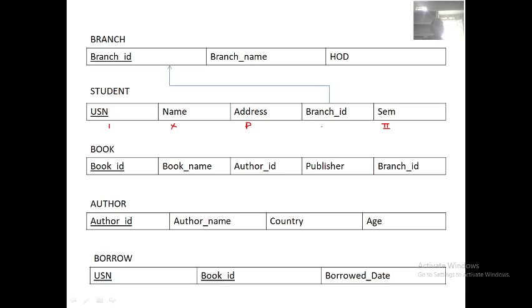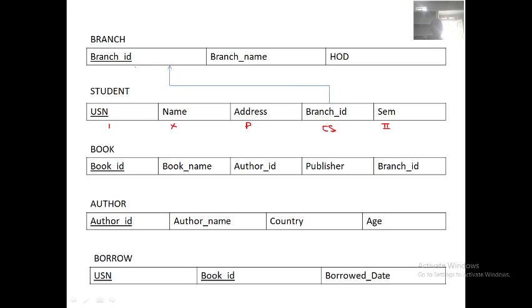But whenever you are entering the values for this branch ID, the compiler will go to this branch table and look into whether that value is there or not, because now it is empty. See, branch ID is CS. Assume that it is CS. Is there any CS in the branch table? No. There are no values. When there are no values, again it will give you an error.